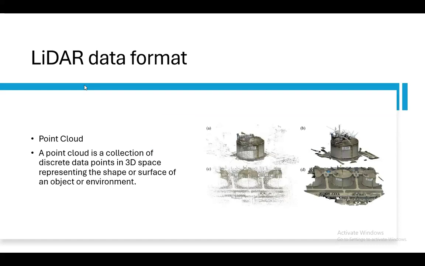Unlike multispectral data, which you have seen is captured in different bands, and each band produces one digital image consisting of pixels, so its smallest entity is the pixel, for LiDAR it does not produce any image. Instead, it captures the data in discrete points. So you have numerous points, millions of points, and each individual point has multiple dimensions. We will talk about that.